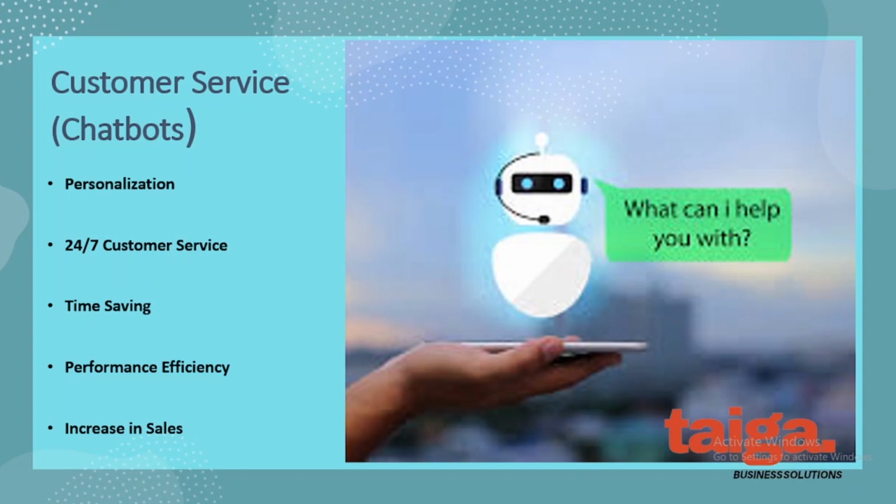I mean, if you go to a clinic, you just want a doctor to attend to you. You don't care what he has to say about anything, right? I mean, that's just it. So, if you have a chatbot, the first thing you're doing is you're bringing personalization to your customers, because